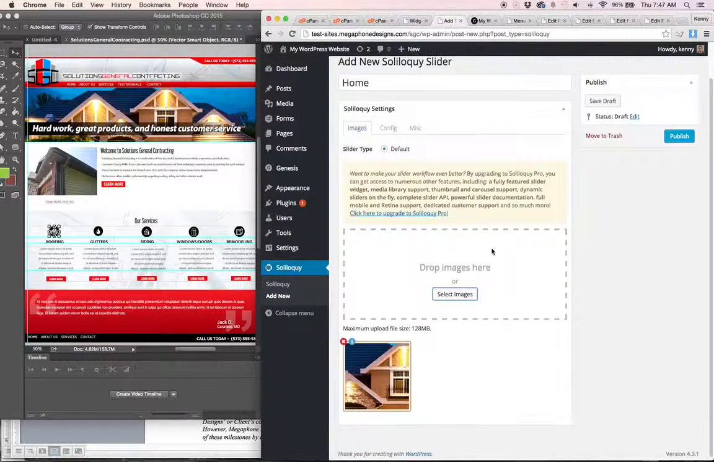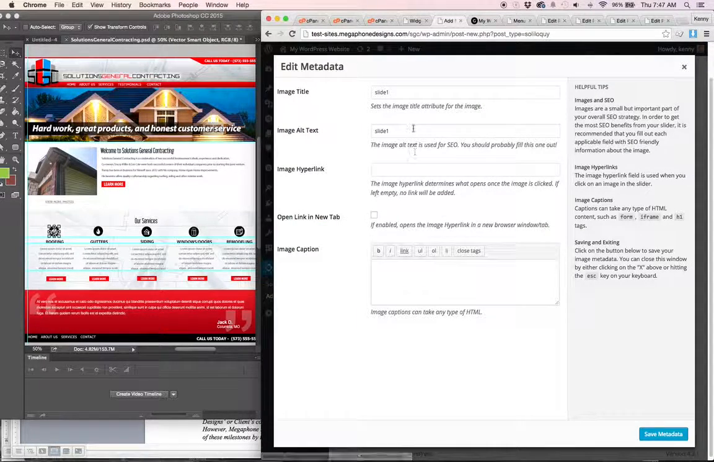Now we're going to be doing this text here in a way that it is not a part of the image itself. Again, for simplicity's sake, it makes it easier for the client. So we're just going to type in here, hard work, great products, Oxford comma, and honest customer service. And then we will